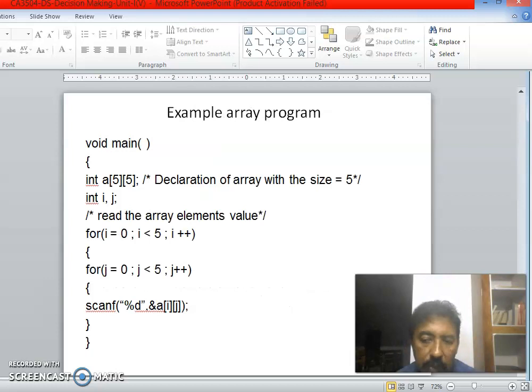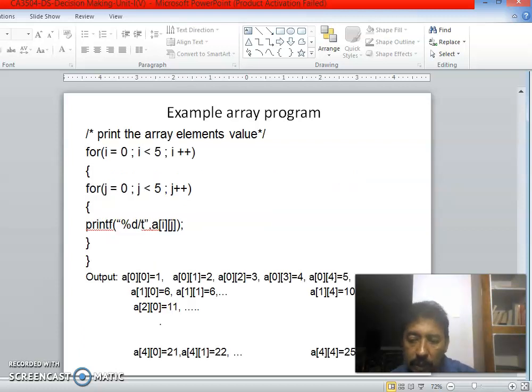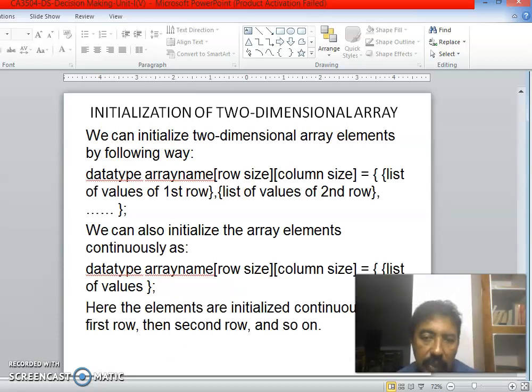Then this is one simple program for an array. Two-dimensional array, how we are inputting and declaring it. Then initialization of a two-dimensional array: how we initialize two-dimensional array values.